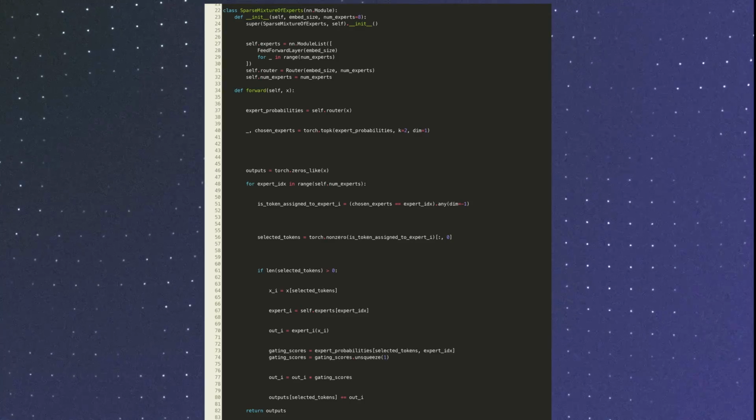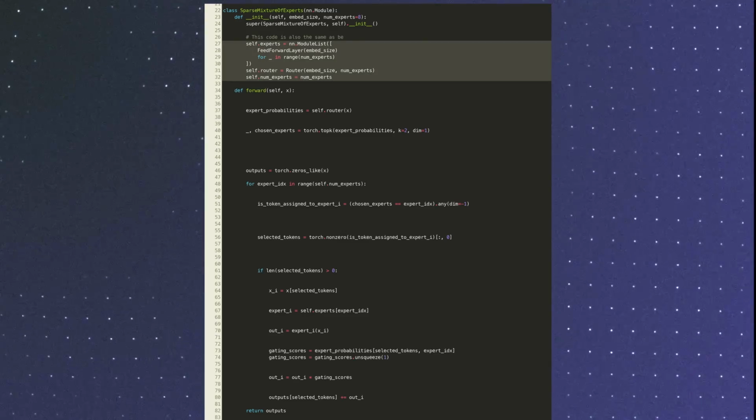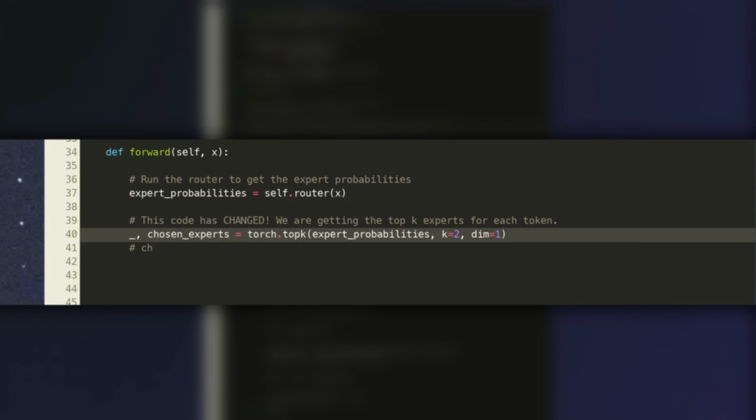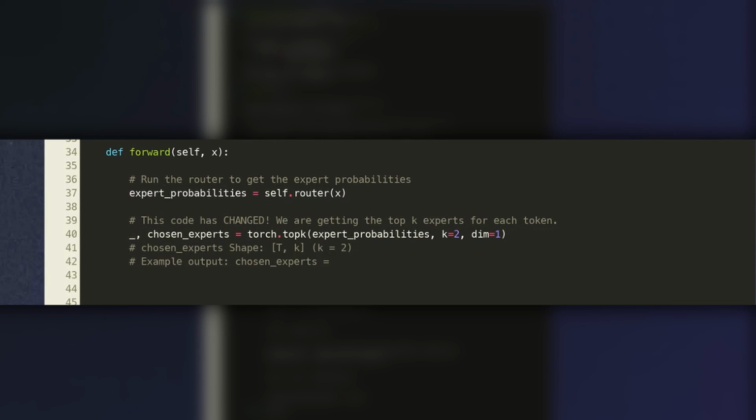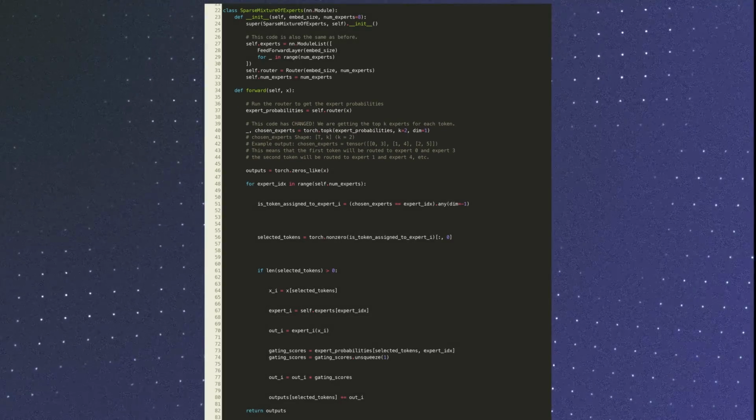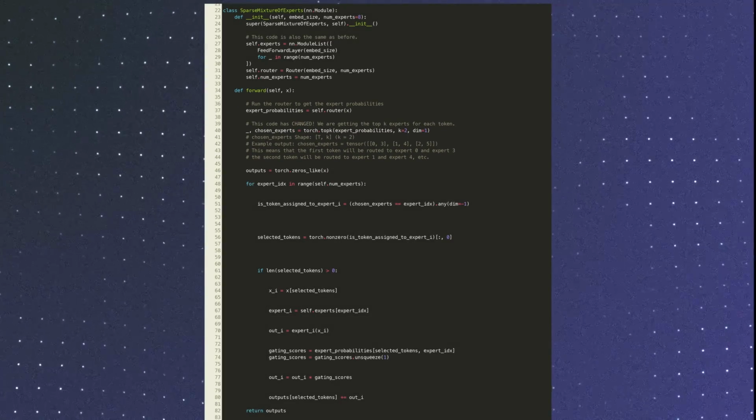The code is also surprisingly simple. Here, after getting the token to expert probability scores from the router, we use torch.topk to find out the top 2 highest probability experts for each token. This is going to be an integer tensor of shape t, 2, where the top 2 expert IDs for each token is present. Then we run a for loop through our E experts and process the tokens allotted for each